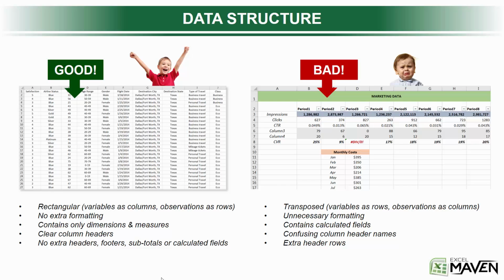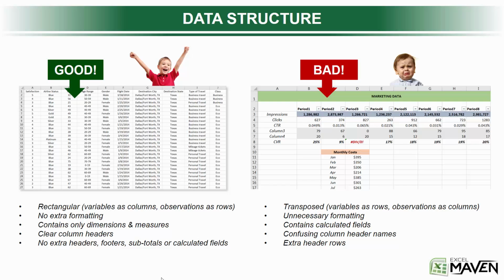Finally, your raw source data shouldn't contain any subtotal rows or calculated fields. Pivot tables are designed to do those sorts of calculations for you, and to do those in a more accurate and flexible way, so adding any fields aside from the raw values in your source data will only make things more complicated. Now on the flip side, a bad data structure might be transposed, with variables as rows and observations